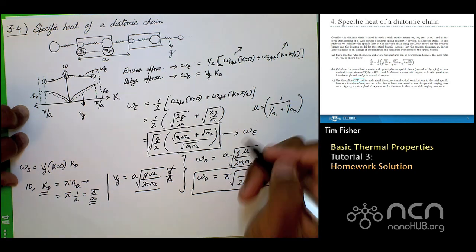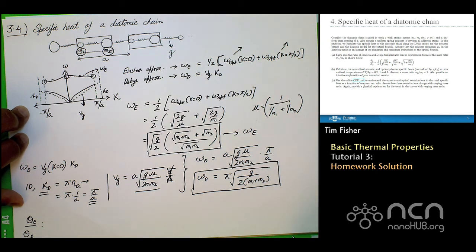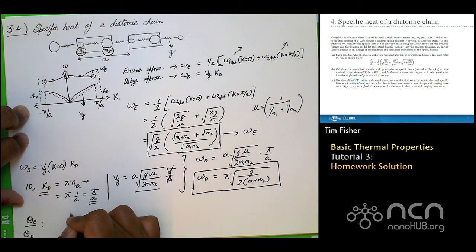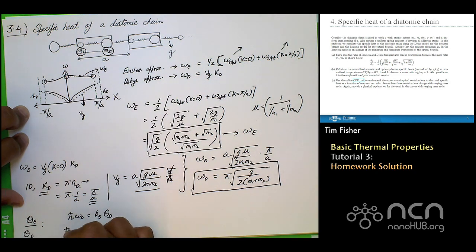Now part A of the problem wants us to find the ratio of the Einstein temperature and the Debye temperature. So what we are going to do next is try to relate the frequency to the temperature, which is essentially related by a very simple expression. So for calculating the Debye temperature, we can write this expression: h bar omega Debye frequency is equal to Kb, which is the Boltzmann constant, multiplied by the Debye temperature. Similarly, for the Einstein approximation, h bar Einstein frequency is equal to the Boltzmann constant multiplied by